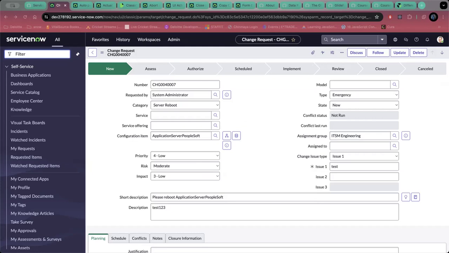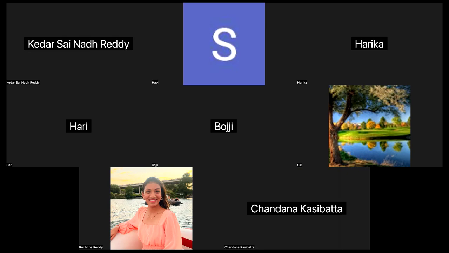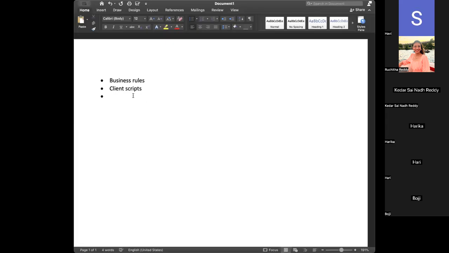Let me share the screen properly. So things we are left with: business rules, client scripts, ACLs, import sets, transform maps, and integrations,